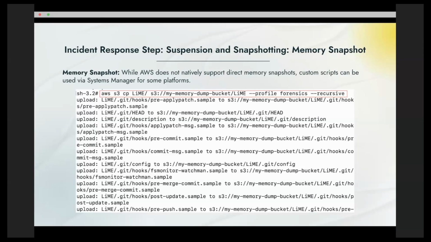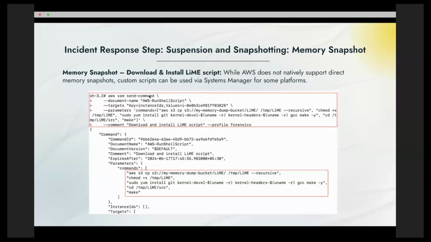So you need to use custom scripts via System Manager to automate this. In our example scenario, the compromised EC2 instance is the Amazon Linux. I have used a script called LiME to take a memory dump out of it. I have a private bucket called my memory dump bucket. I uploaded the LiME script to my private bucket, and then I use the SSM send command feature to download this LiME script from the S3 bucket to the compromised EC2 instance and compile it, remotely, install